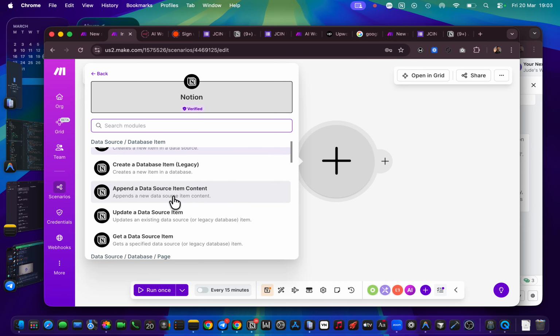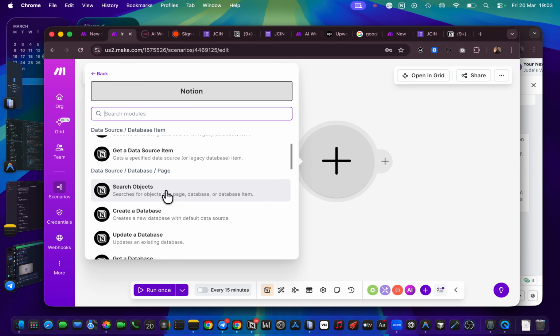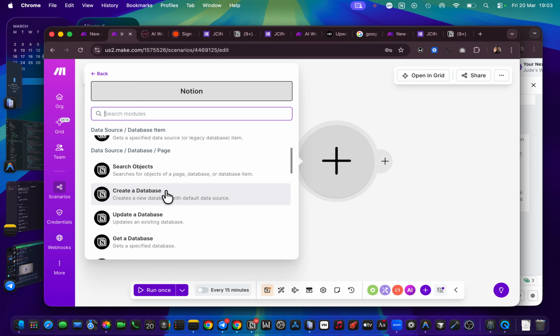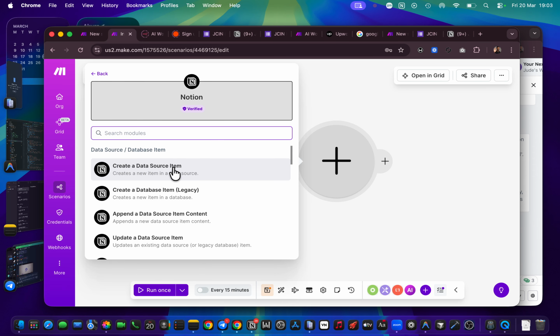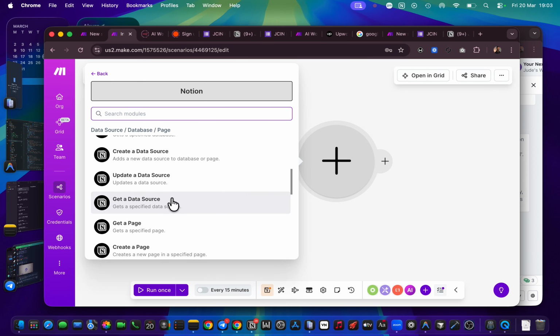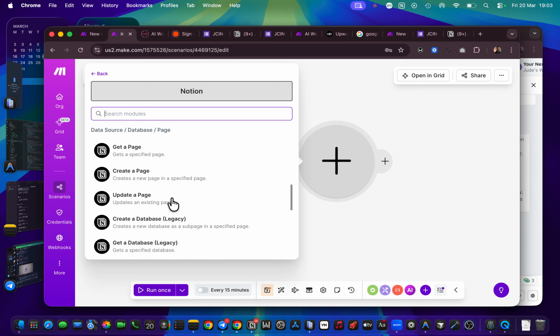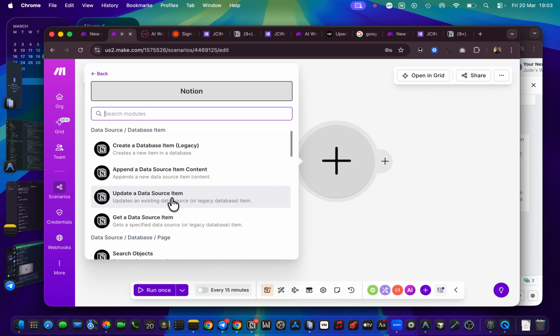So we can see many things here: update, get, search, create a database, a whole database entirely. But we've created our database, we just want to add to it. You can also try to test run all of these and see which one works. I had to test run everything before I was able to use this, because the video I watched in the past made use of Google Sheets. But at one point I thought, Google Sheets is for old schoolers. I am new school, so let me use Notion. I've been using Notion for long, so let me see if Notion has an app here. That was how I saw Notion, and I started using it instead.